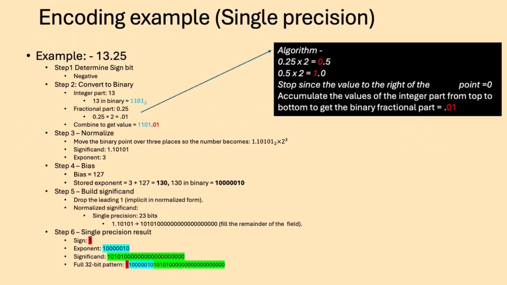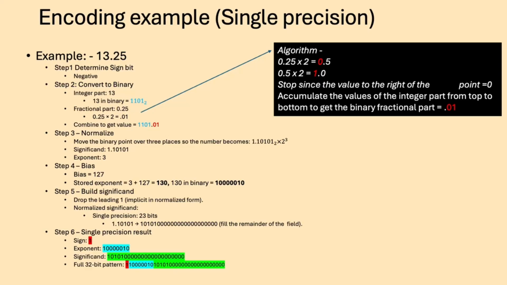This example shows how to encode a decimal number into a single precision floating point number. The first step is to convert the decimal number to binary. The part to the left of the decimal point is straightforward, as 13 is equal to 1101 in binary. The fractional part can be computed using the algorithm shown on the right. Here, you multiply the fractional part by 2 until the value is 0, noting the value to the left of